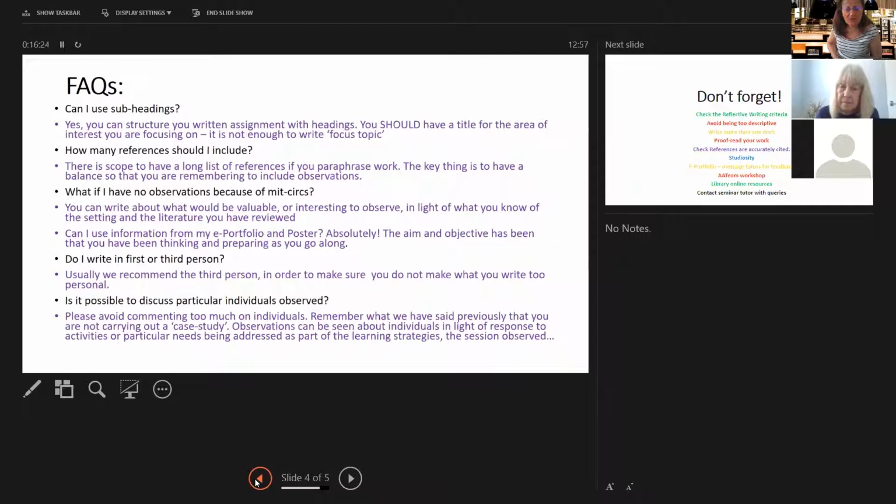So I think what I'm trying to say here is try not to make it a case study, because you're not really in a position to be able to do that. There are all sorts of ethical implications, but you can illustrate by way of examples of what you have seen, and that's different, because what you're trying to talk about is an area of learning or an area of interest to education that is supported by your observations of examples of what you've seen,